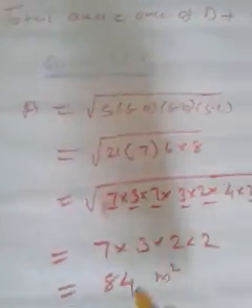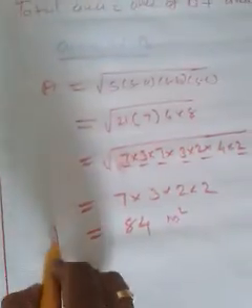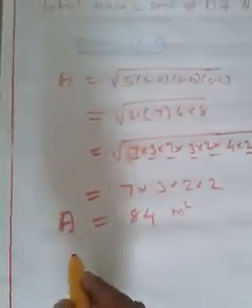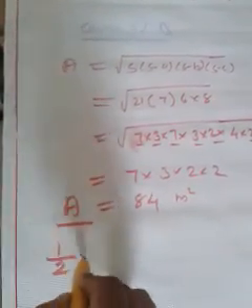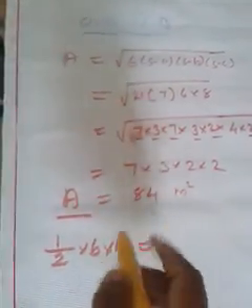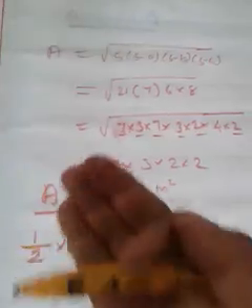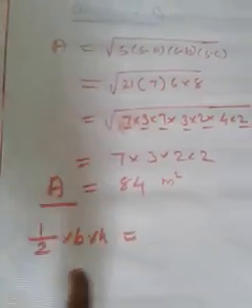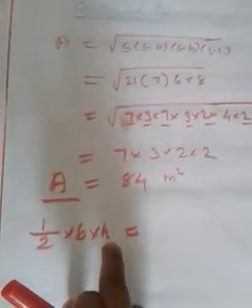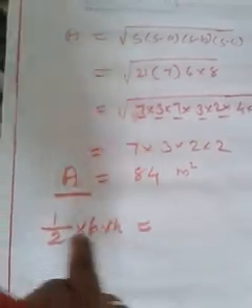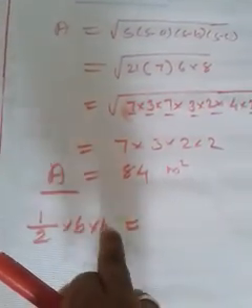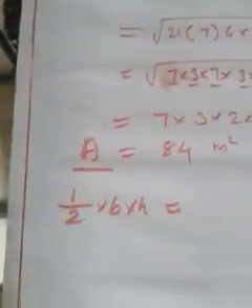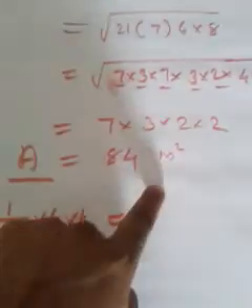I'm not going to explain that method. So we got the area of the triangle as 84 meters square. So in place of area, I'm going to write half into b into h. You can ask me why, because we already got the area, then what is the need of again replacing the area by half into b into h? Because I need the value of h, the height of the triangle. Only if you use this formula will you get the value of h. So the area of the triangle is 84 meters square.